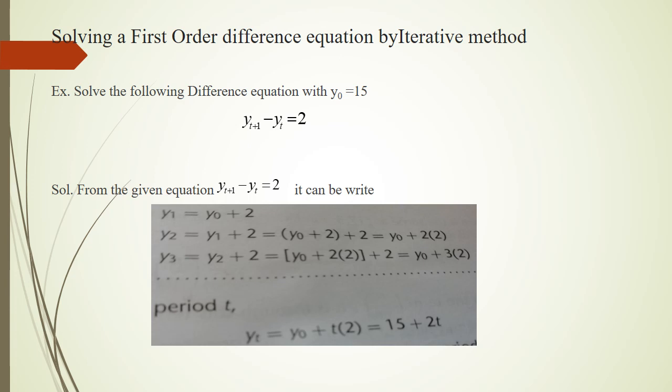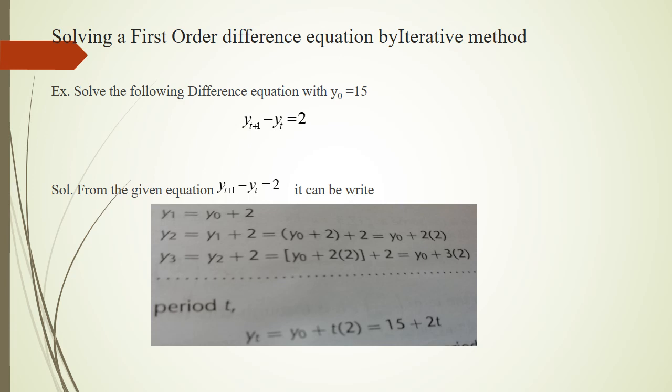So this is a first order difference equation. We can rewrite this equation as y1 equal to y0 plus 2. So here also the gap is 1. Similarly for y2 we can write y1 plus 2. And now once again replacing the value of y1, which was given as y0 plus 2, we will get the third equation. Similarly for y3. So every time you can see we are just replacing the values with regard to the value of y0.